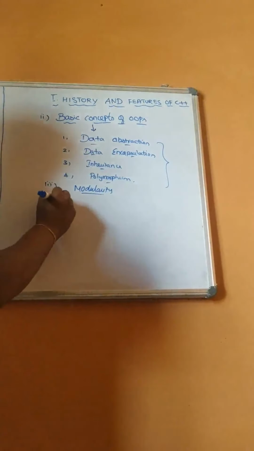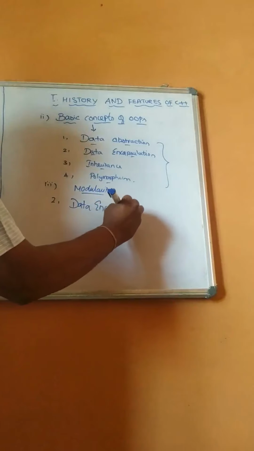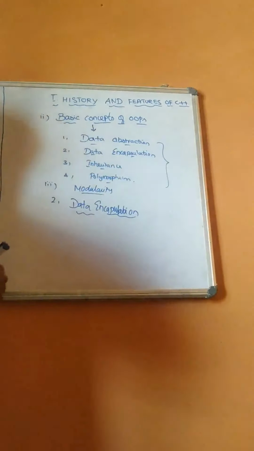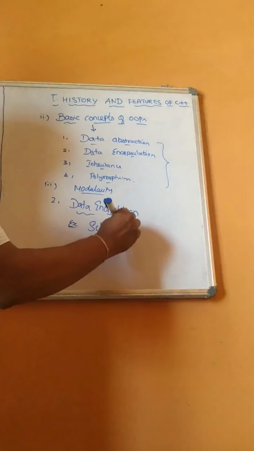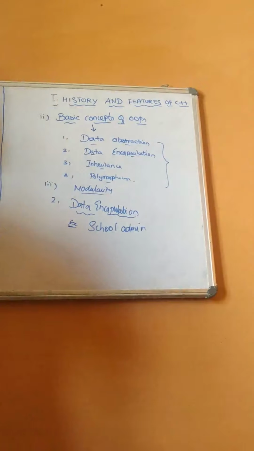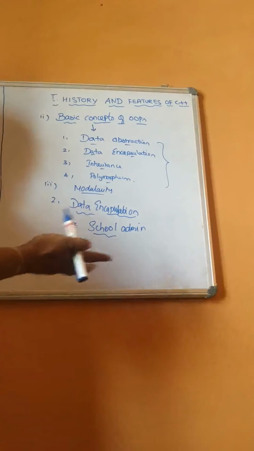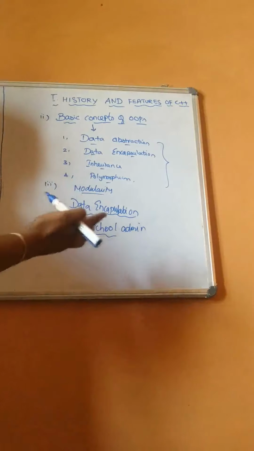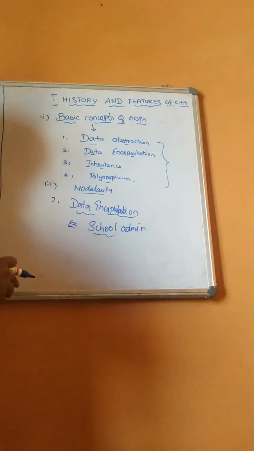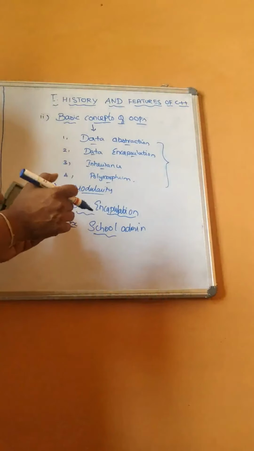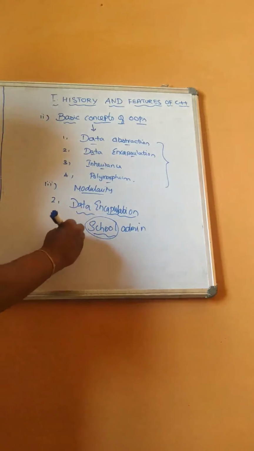Second one is data encapsulation. So for encapsulation, the real-time example which I am going to tell you is school admin. In a school, we have different departments like science, maths, physics, chemistry, and science comes under physics and chemistry. Accounts, English, Tamil, like that. We have different types of things, and accounts people, we have admin and then non-working staff, teaching staff, like that. So many departments will be there. So what we are doing, we are combining all these departments into one thing and we call it a school. So the definition of encapsulation is a wrapping up of data